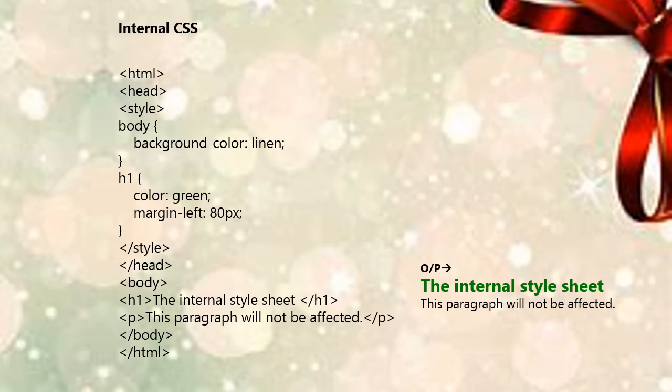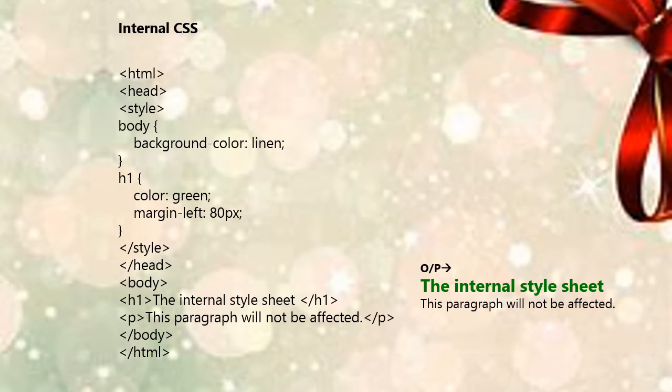Next, about internal CSS. In internal CSS, the style of CSS is specified in the head section. This is internal CSS. It affects all the elements in the body section. Internal CSS is used in the condition when we want a style to be used in the complete HTML body. For that, we can use the style in the head tag. This style performs an action in the entire HTML body.